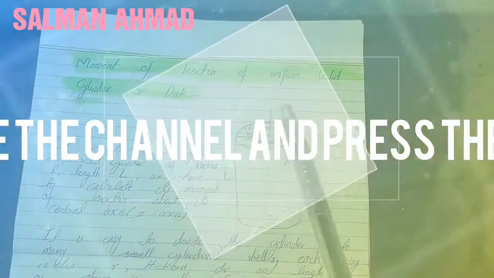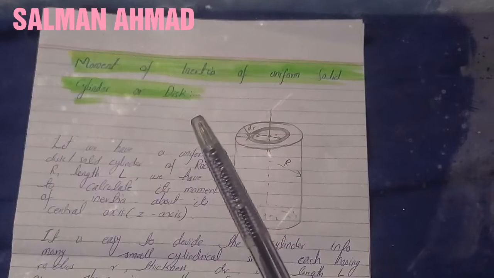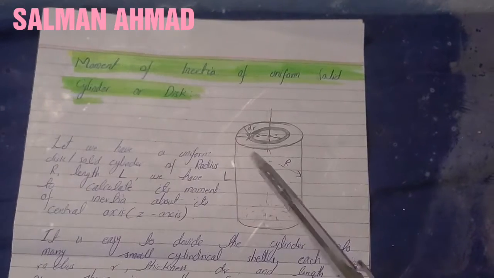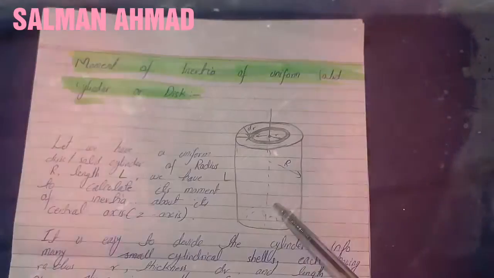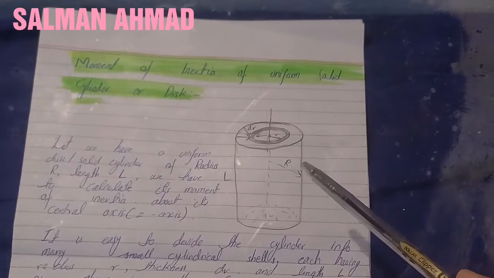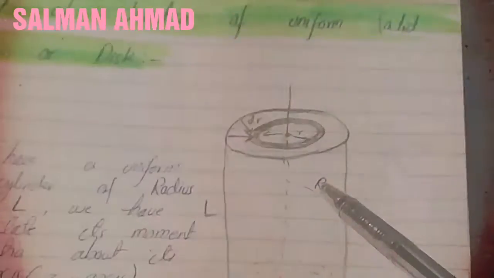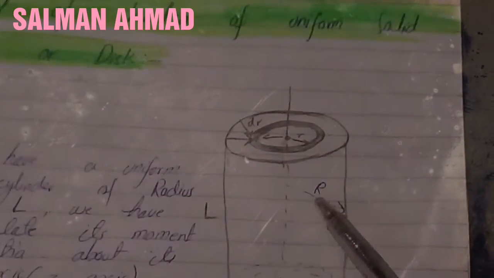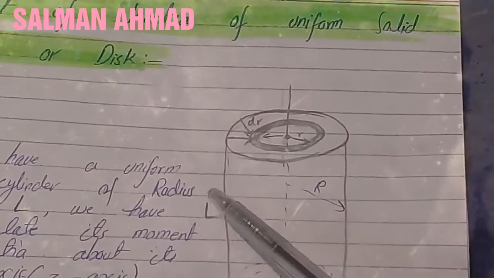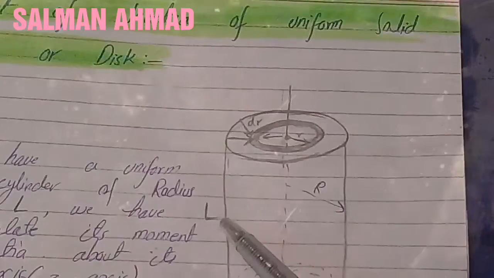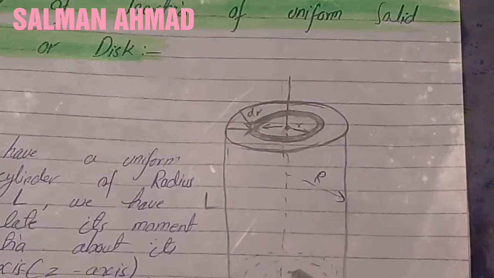To find the moment of inertia of a uniform solid cylinder or uniform solid disk that has mass distributed uniformly, consider a uniform solid cylinder which has radius capital R and a total length of capital L, and it rotates about its central axis,